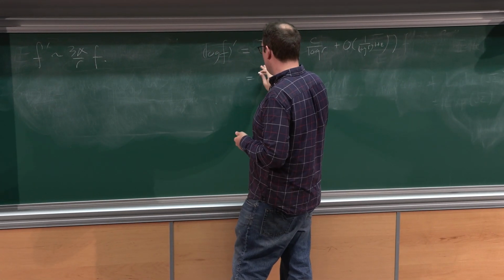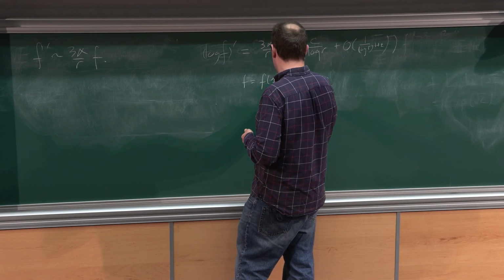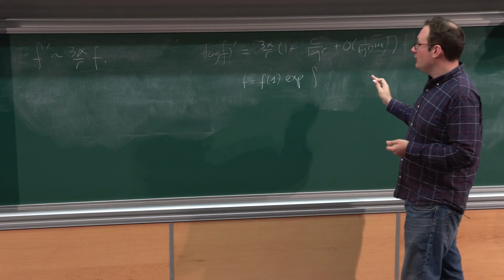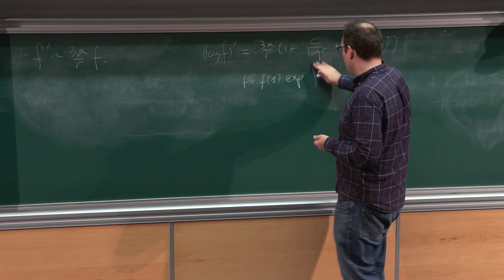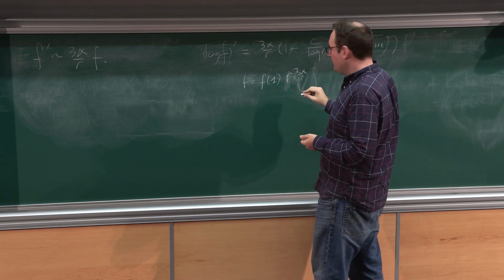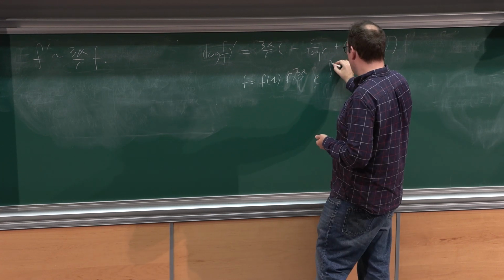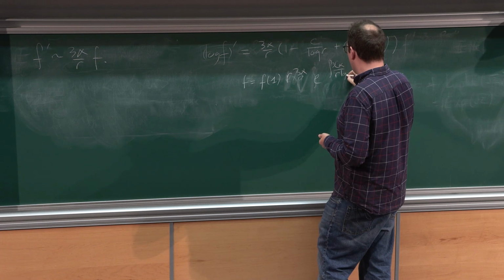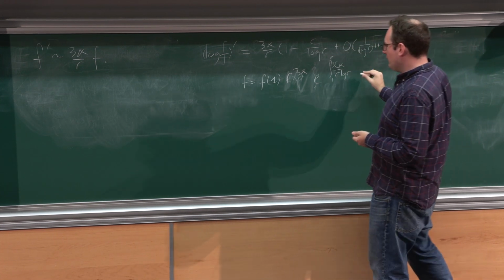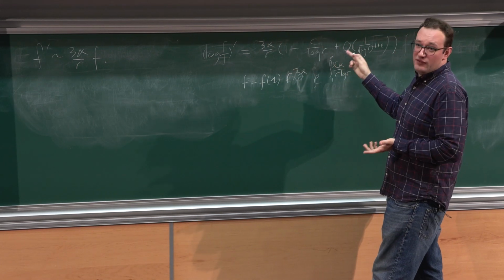And well, you get f is f of 1 times the exponential of the integral of all of these things, right? And of course, this term is going to give you r to the 3 alpha. This next term, you're going to get the exponential of the integral of c, or 3 alpha c over r log r from 1 to r. And then there's this that will just give a constant, because you'll get a similar integral, but it will just converge.